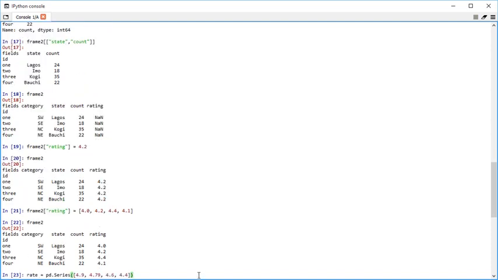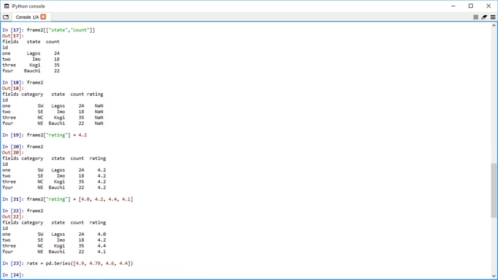You can also assign a series to a column of a data frame. Because of data alignment, which is a property of series, the output will depend on the index of the data frame and the series. For example,